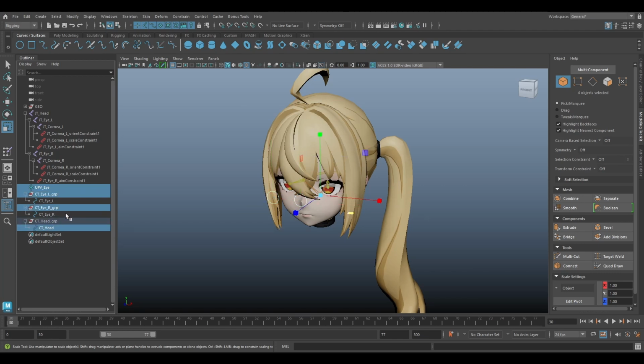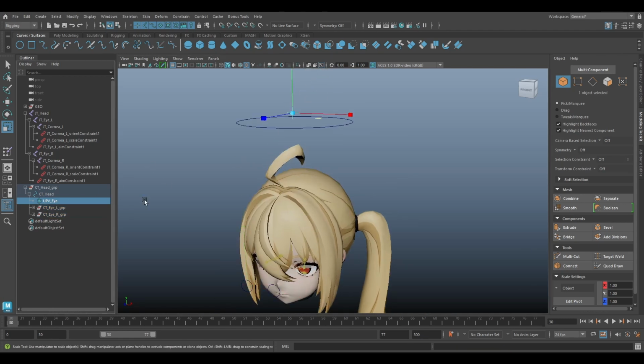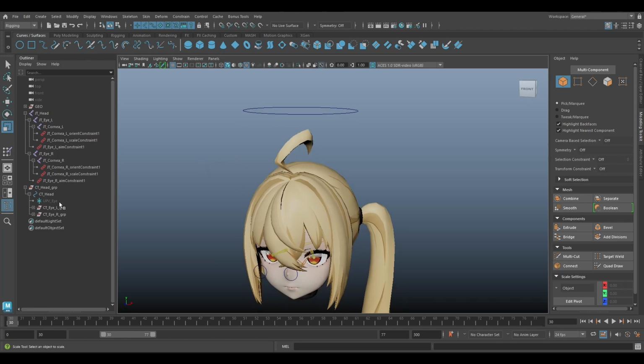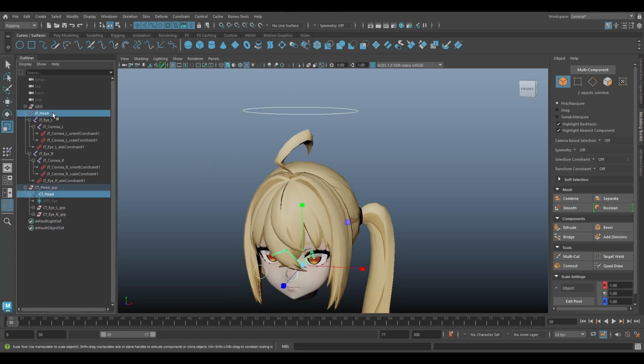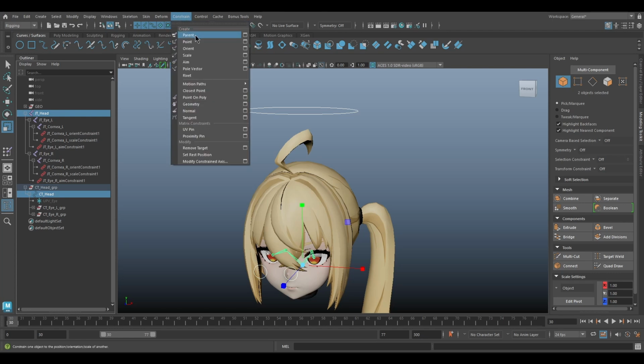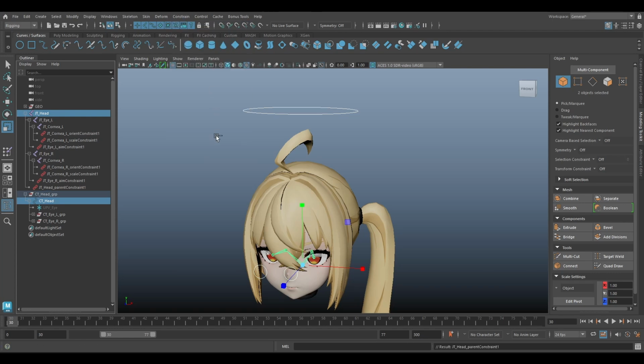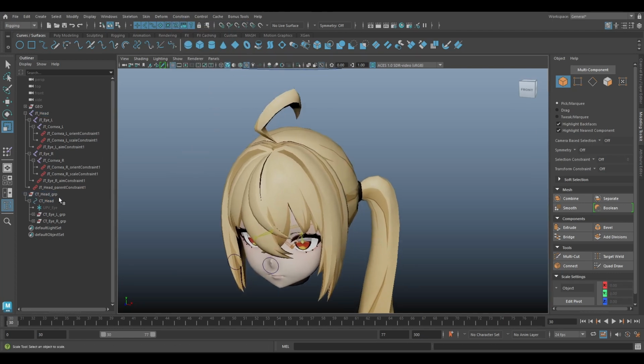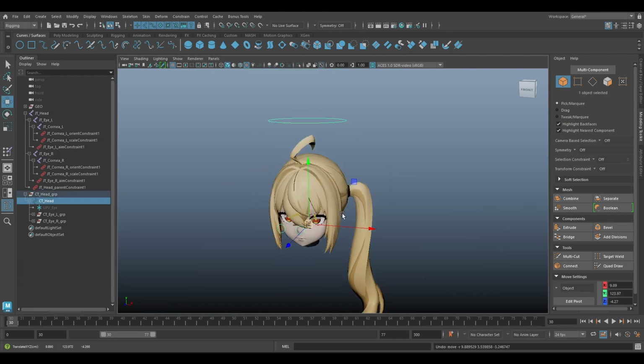We can parent them to head. And then we can hide the UPV. Then select the controller and the head joint and then add parent constraint. Okay.